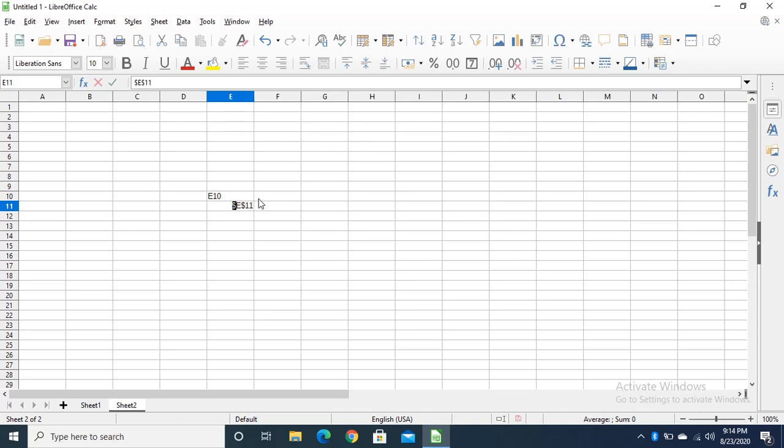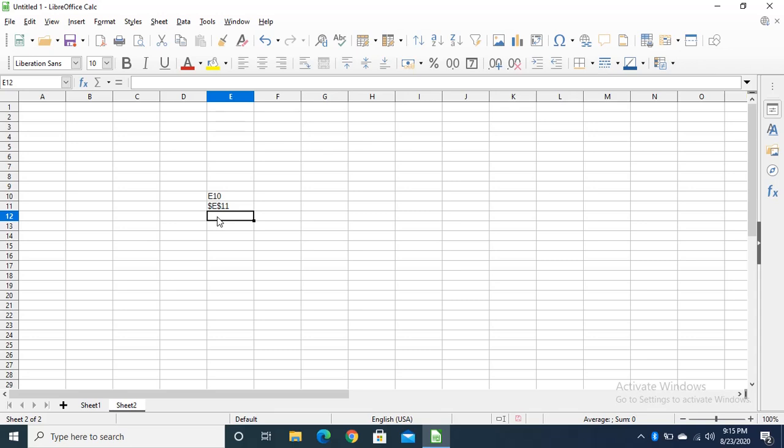And in this case, if we copy this address, your cell address will never change when we are using absolute cell reference. It will never change, right? As in relative, we are not using any dollar. When we copy this address, it will automatically change when we move to some other cell.